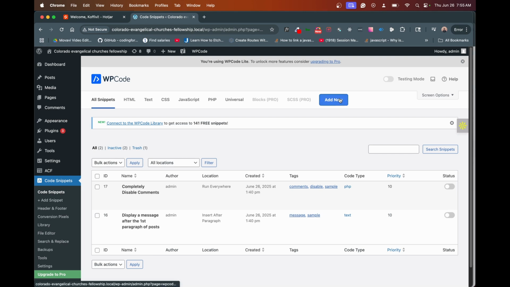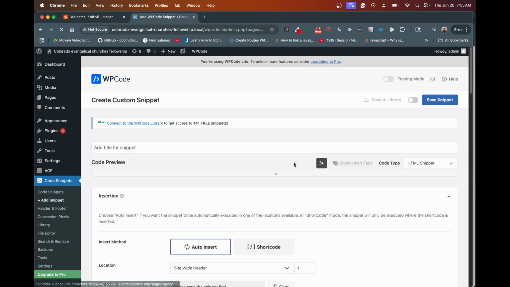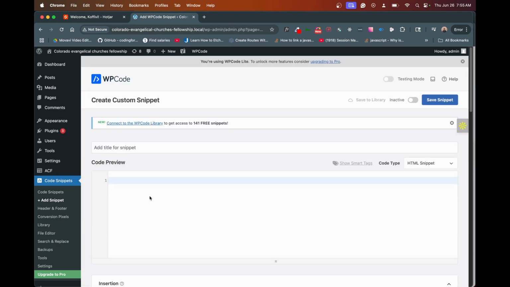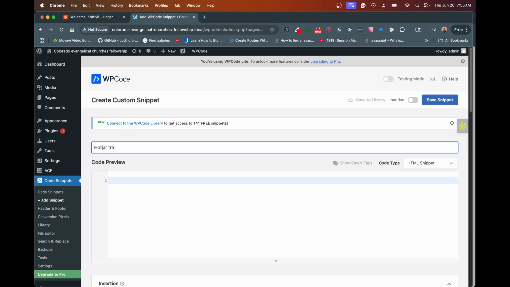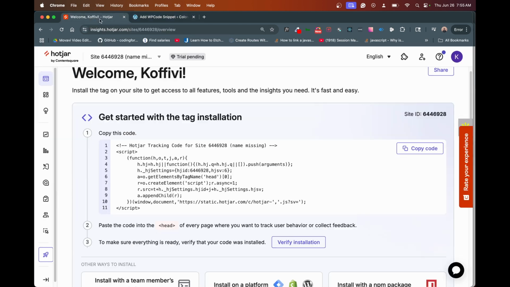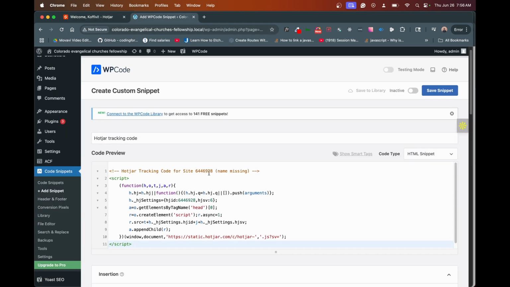So click on the code snippet and click add new, and blank snippet, and HTML snippet. So here we can give it a title. We're just gonna call it HotJar tracking code. And we're going to go back into HotJar, copy this code, and paste it into this code